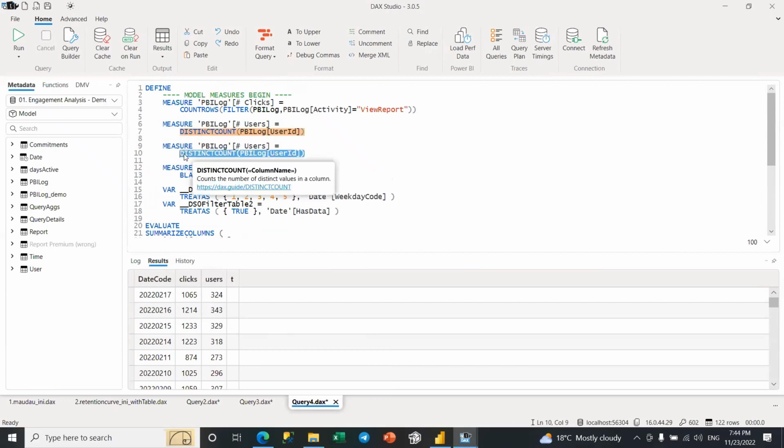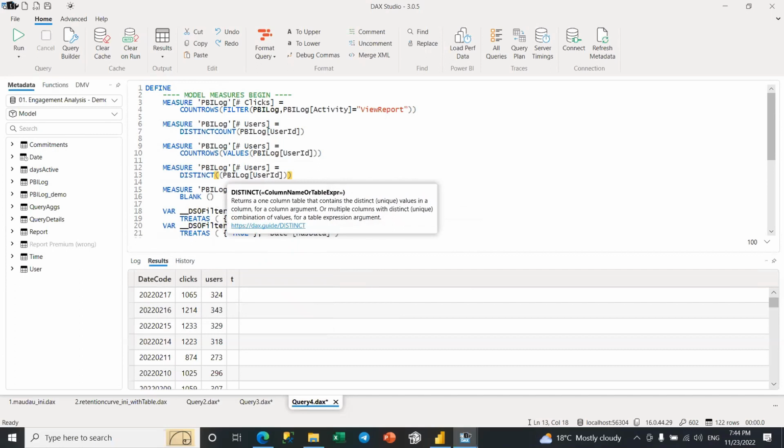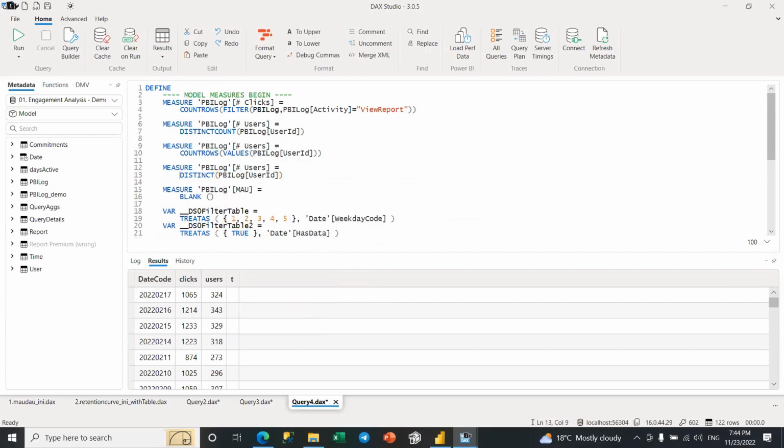For example, there is another way, which is we can just get the distinct list of user IDs using VALUES and do the count rows there. Or we can even do it in a different way using a pattern that Alberto Ferrari and Marco Russo use a lot, which is, okay, we get the distinct list of users, but we iterate over that list and we sum one, okay?